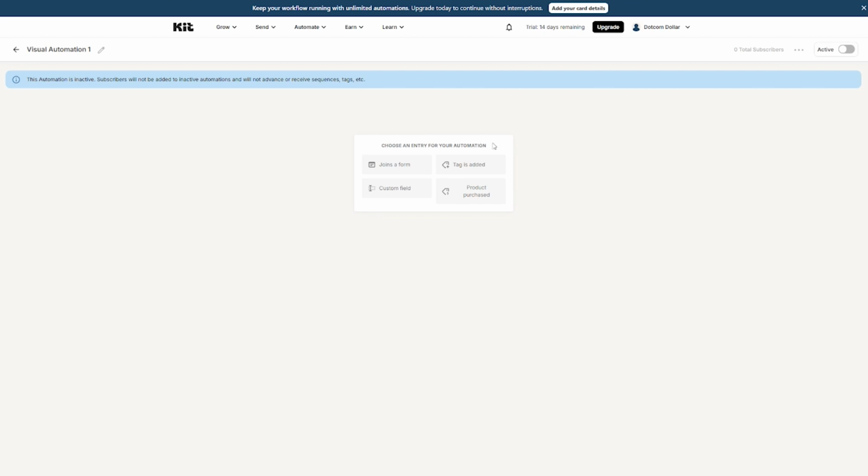Now we're going to choose a starting entry for how our automation will start. It can either start when someone joins our form, when a tag is added, or a custom field, or when they purchase our product. The most common one will be when they join a form. In this case, we're doing a welcome email sequence. So when they enter their email to the lead magnet to receive the welcome email, then they're going to